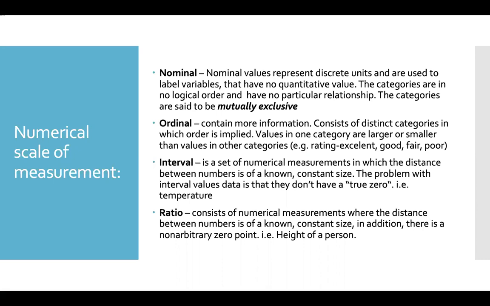Now, this data is a little bit different. If you talk about ordinal data, you will get much more intuition about nominal data. Ordinal data has categories defined in which the order is implied. When I say order is implied, I mean that when I say I've got a rating of A, B, C, D, A being the highest, B the second highest, C the average, and D poor,